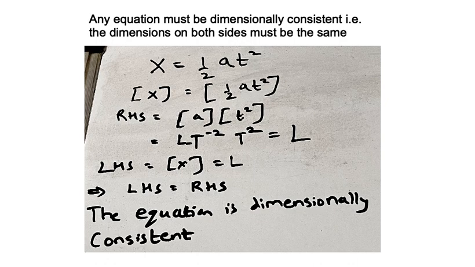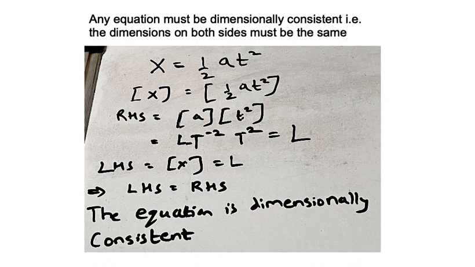So this equation is valid. Later on, as you progress forward in your physics education, you might have to remember different formulas, and you might sometimes derive some formula or some sort of a relationship on your own. At that time you can use dimensional analysis as a kind of sanity check to see